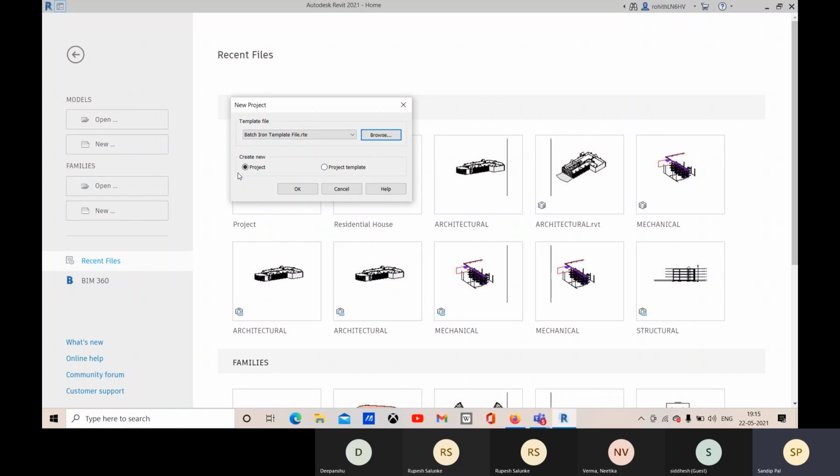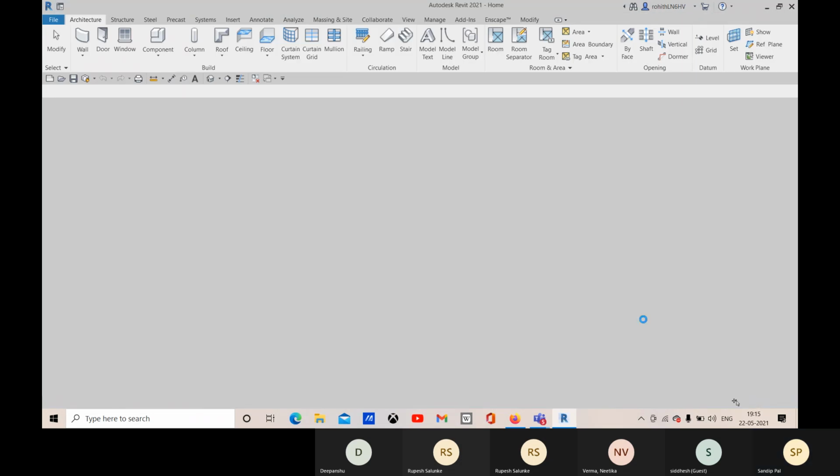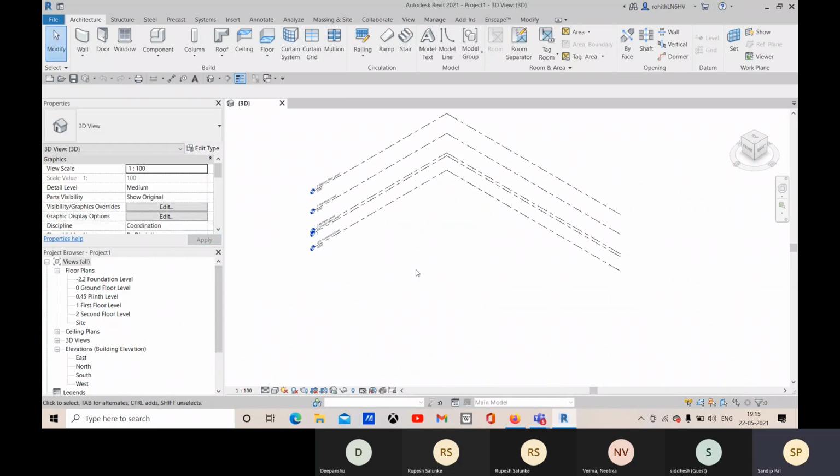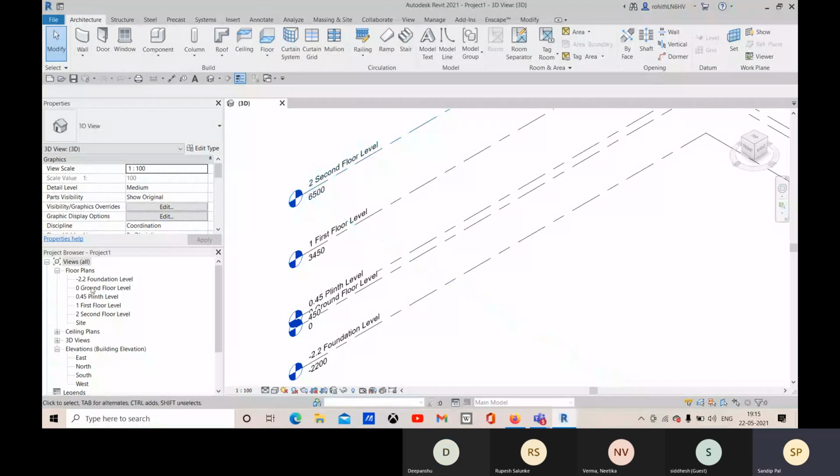And now I will select this as project. So this template file, I will select this as project and click on OK. And here you can see that I'm getting all these levels as per the organization.